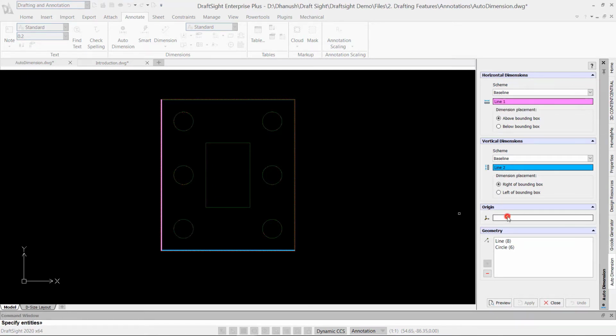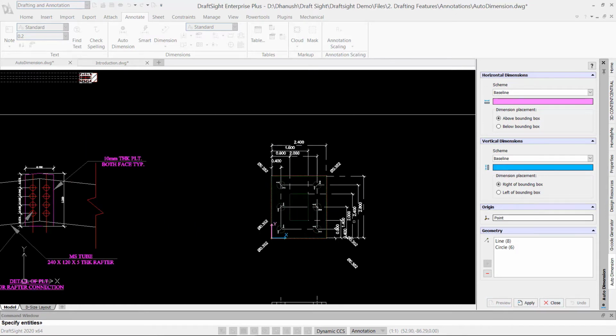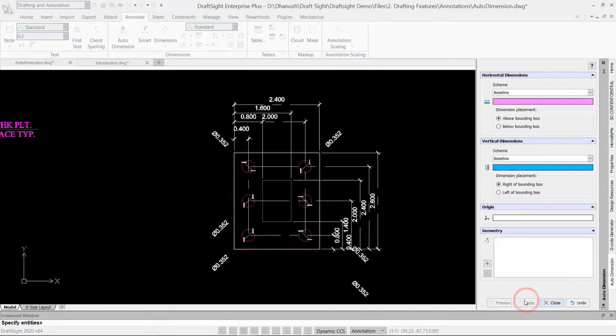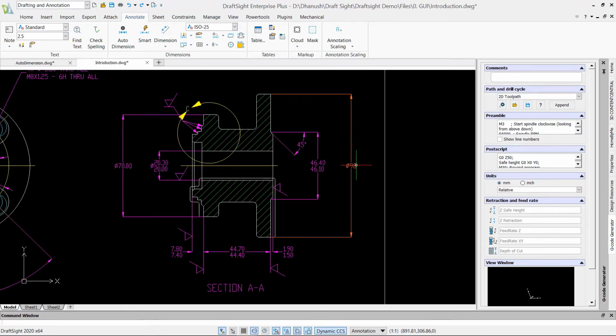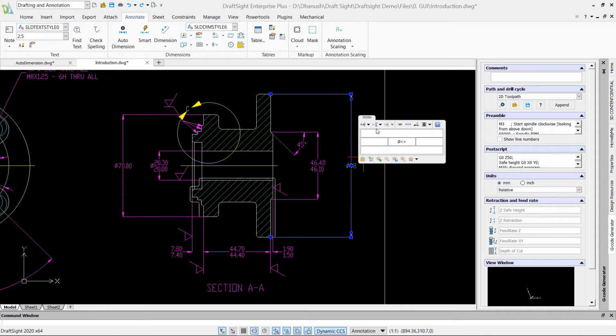You can also add and remove entities from the selected entities to dimension automatically. For the selected dimensions, prefix and suffix can be added along with the tolerances, and it can be controlled with precision.